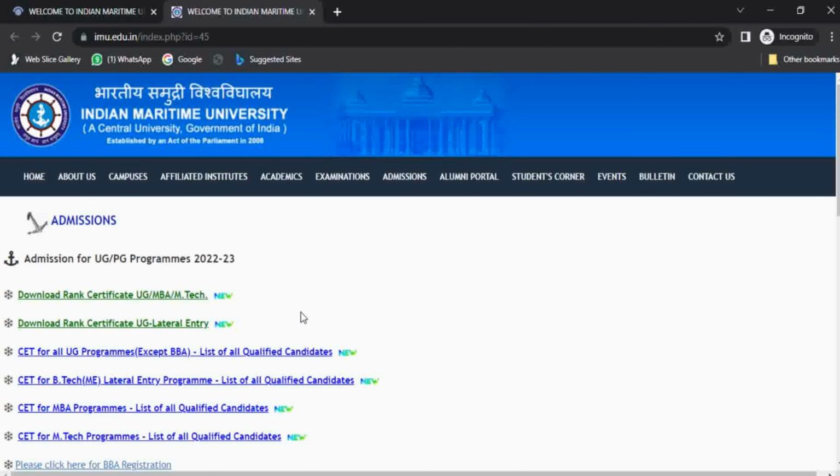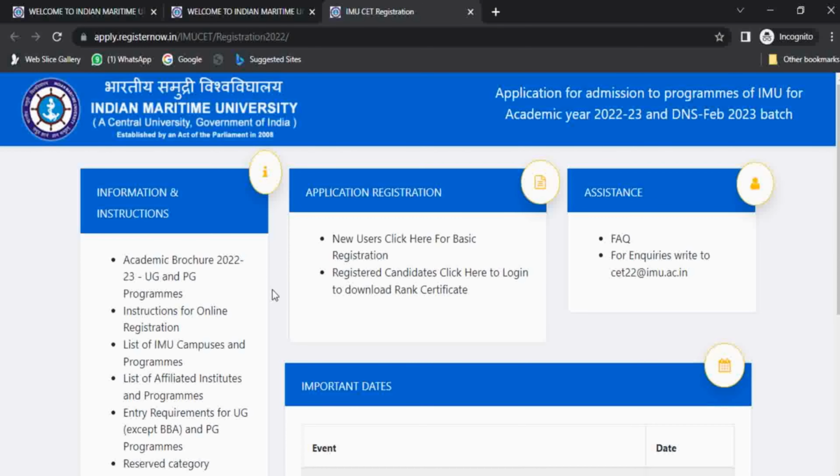You have to click on this, and you have to click on this first link, download rank certificate UG MB MTech program. Then you will jump to this page, and here it's written that registered candidates, click here to log in to download rank certificate. You have to click over there,